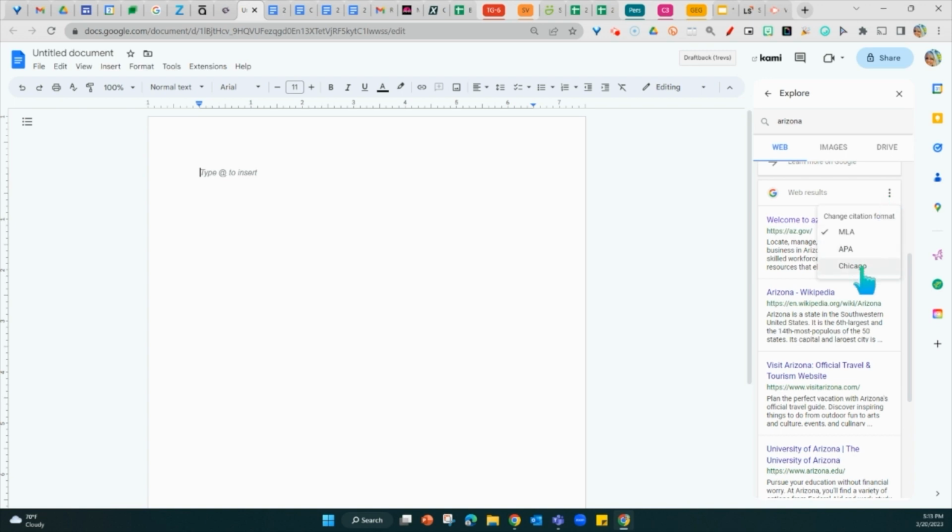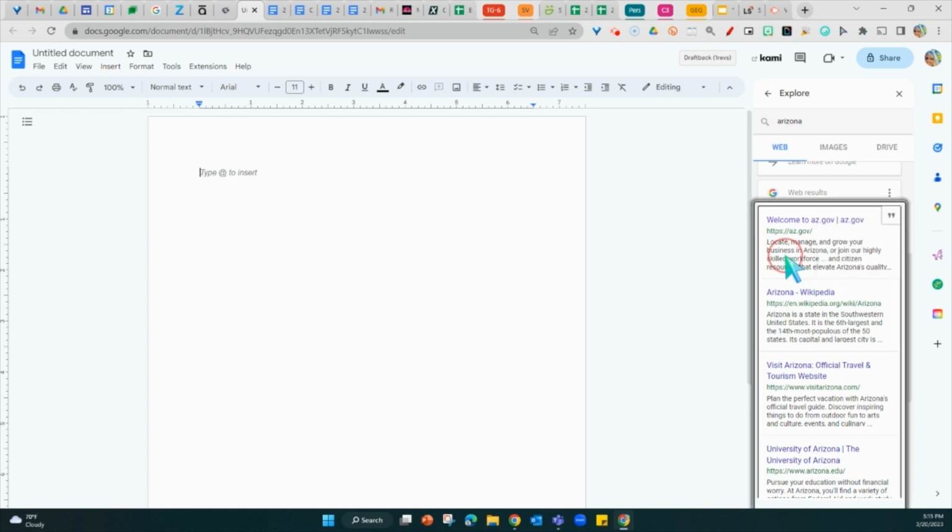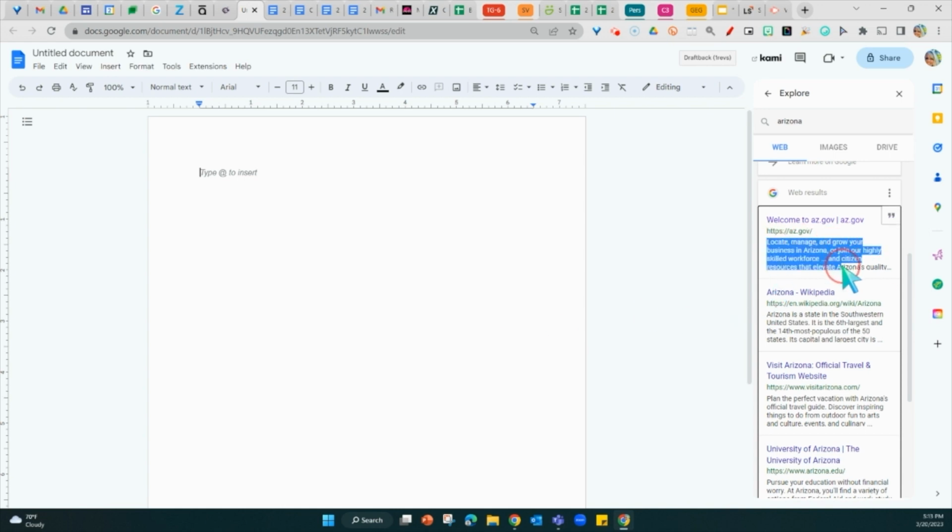If you see the little jelly beans or three dots, always explore that to see what it is. In this case, it tells us that we have a choice of which type of citation format we are using. So in Arizona, at least for K-12, we use MLA, and then at the university level, we use APA. So that makes a lot of sense. But once we have that set, then if we hit the little citation button for any of these sources, for instance, if I were to maybe copy and paste some of this information,